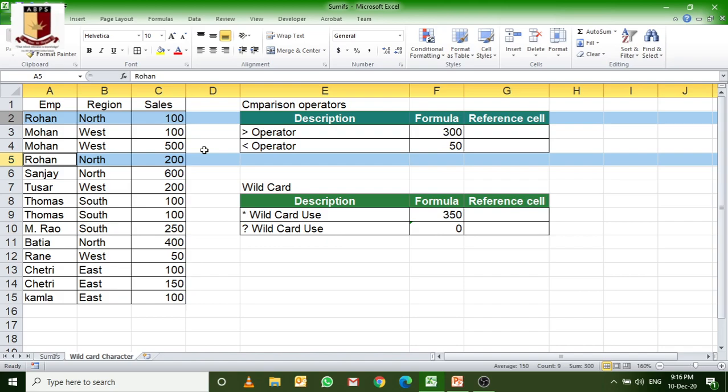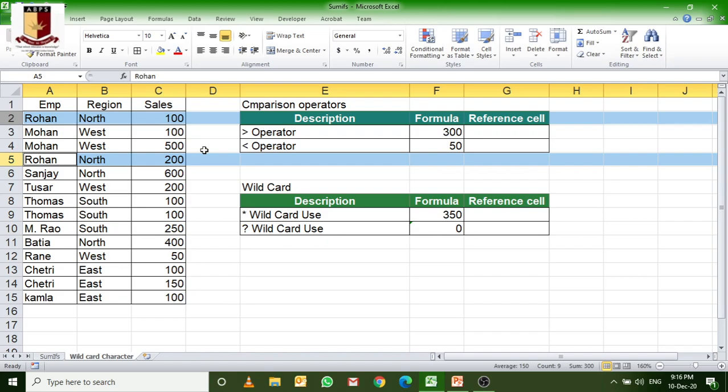Let me change. I am saying suppose M, it gives 850. So what's starting from M? Mohan, M Rao. So all of this is coming. Understand? So this is the use of the wildcard character. Now let me change something here. Suppose star and Y, 600 is coming.